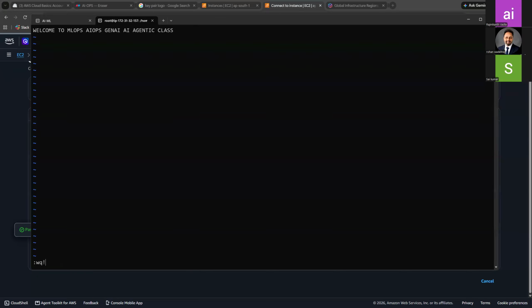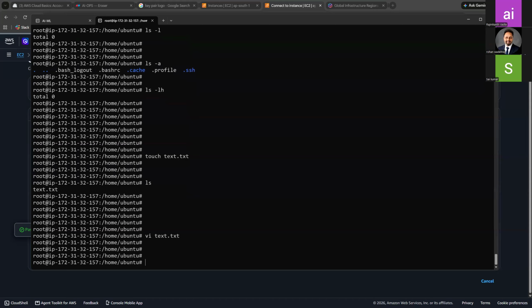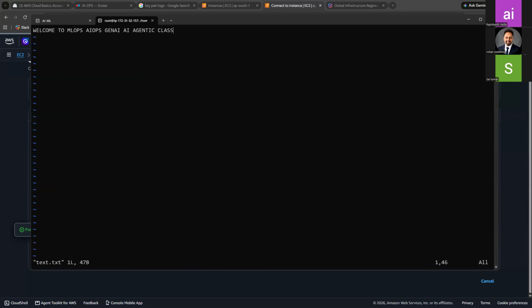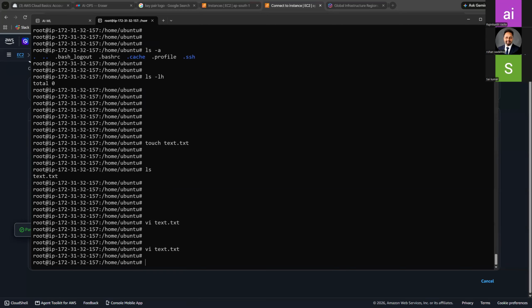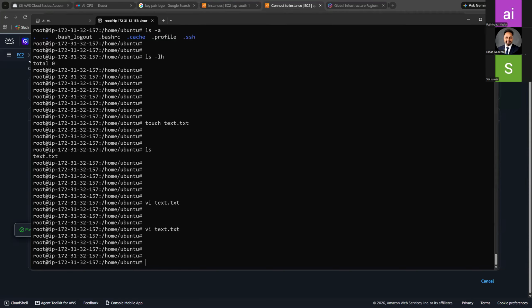Escape, shift colon, WQ, exclamation mark. So what I did, escape in your keyboard, in order to close that, shift button plus this colon button. After you did escape, see again I'm doing escape button in your keyboard. You can execute parallelly with me, sir. Escape button, then shift colon button, WQ, write and quit. You give exclamation mark, enter. Okay, it will save that content inside.